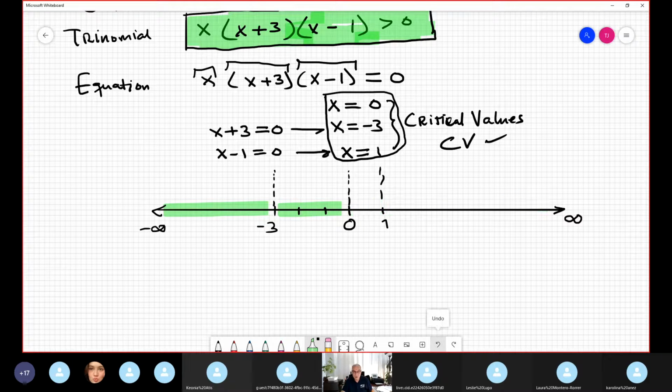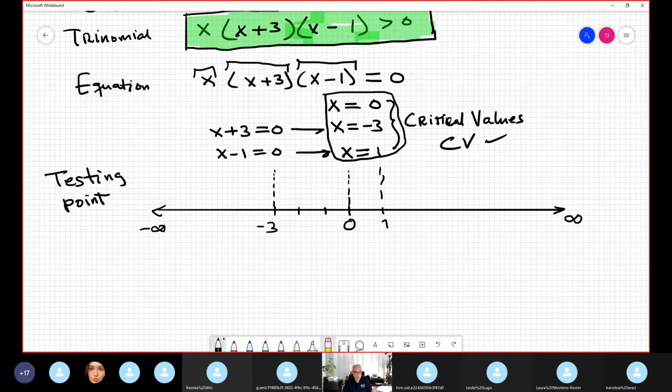So to have an idea, you select totally arbitrary some testing point. It's another concept. Testing point is super important. Critical value, testing point. You select a testing point inside each interval. Suppose in the first interval I select, let me use another color, negative 4. Suppose another student selects negative 5, or negative 6, or negative 100, the answer doesn't change